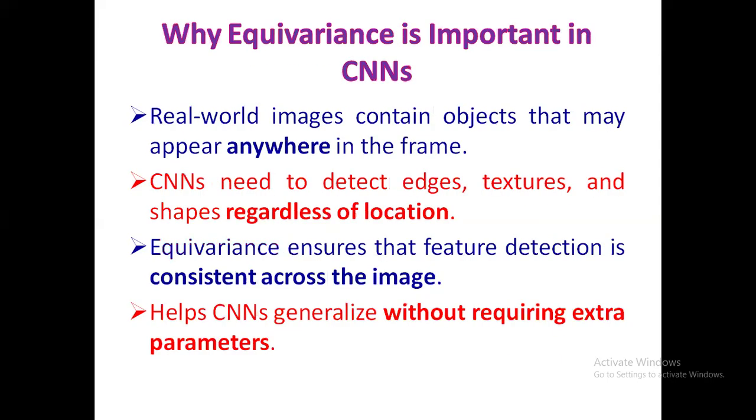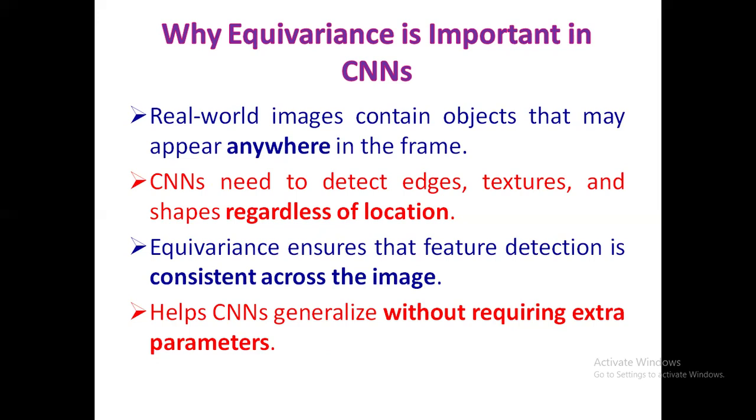Next, what is the importance of equivariance in CNNs? Real-world images contain objects that are not fixed to one location in the image frame. For example, a dog in a photograph could appear near the left, right, top, or bottom of the image. CNNs must recognize the dog no matter where it is located,